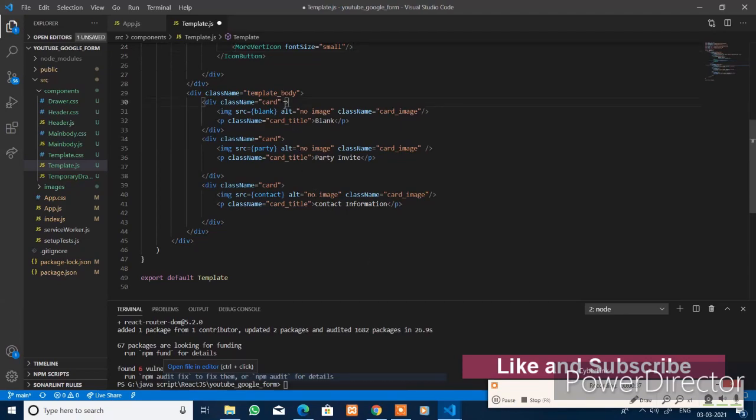You add one more event, onClick, and call the function createForm.